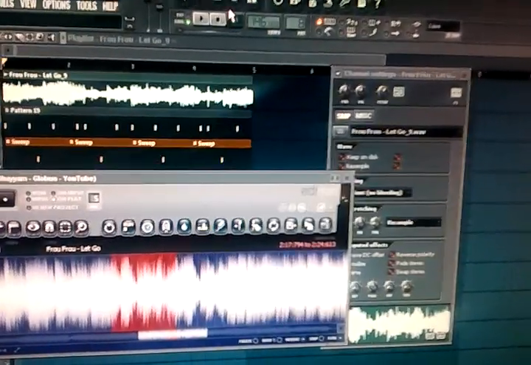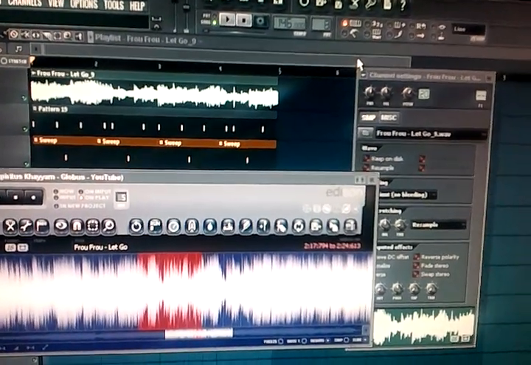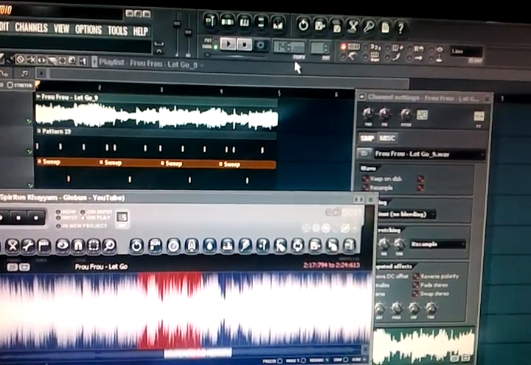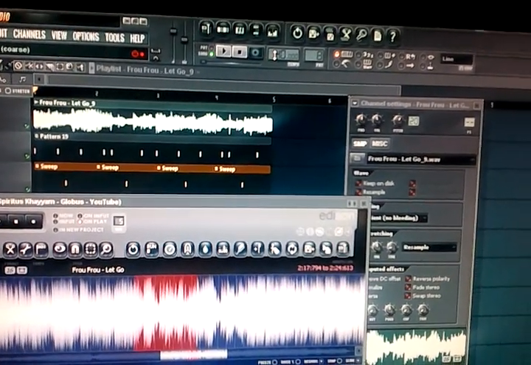See, that's one way of sampling. Same thing, but it just gives it a more different sound. Like, you know what I'm saying? You could do more. Me personally, I only use this method if